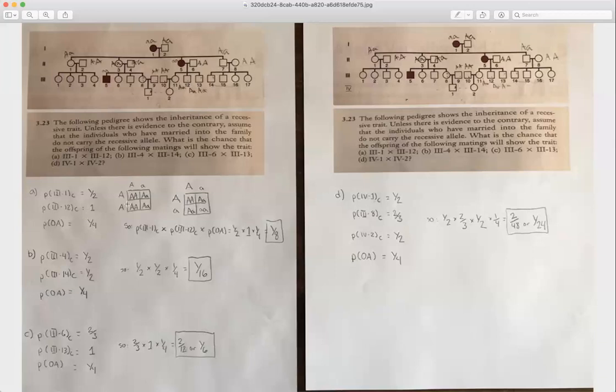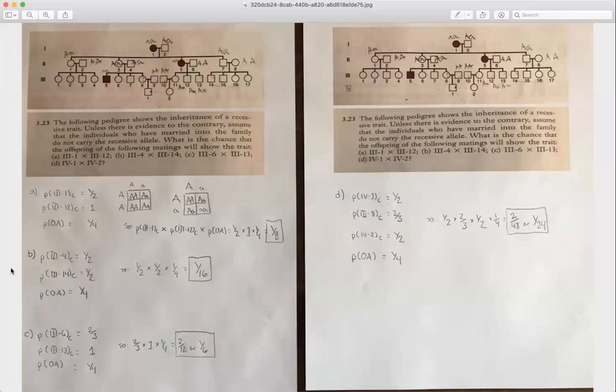Okay, so now given both of the parents are carriers, we come over here to this Punnett square. We say, okay, what is the probability if both of those parents are carriers that they have an offspring that has the condition, little a condition? It just goes back to that simple Punnett square, little a, and that equals 1/4. So now all 3 of these events have to happen for the offspring to have the condition. If event A, B, and C has to happen, what's the total probability? This event and this event and this event, you multiply it. So you just go 1/2 times 1 times 1/4, and that equals 1/8.